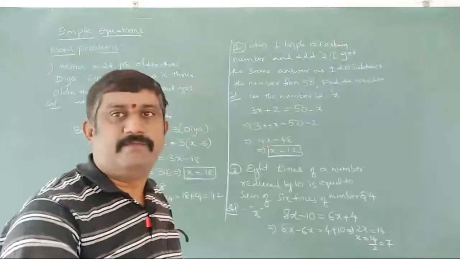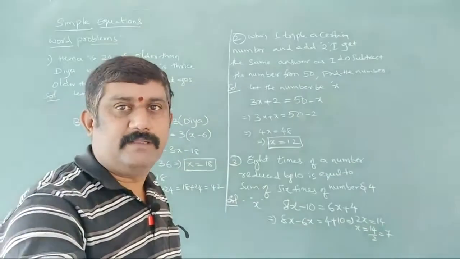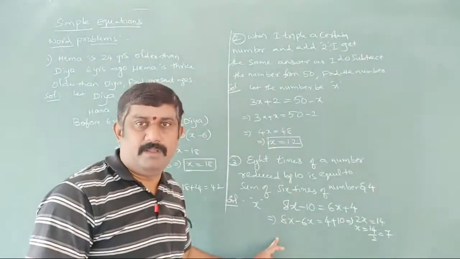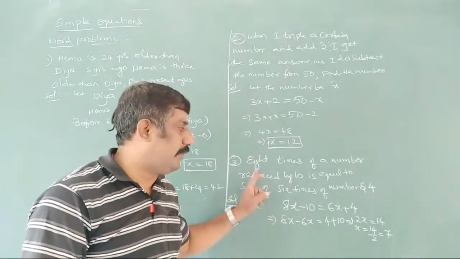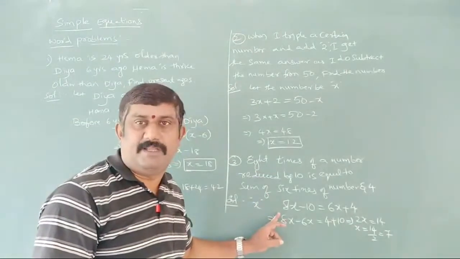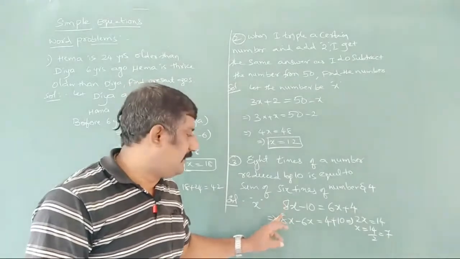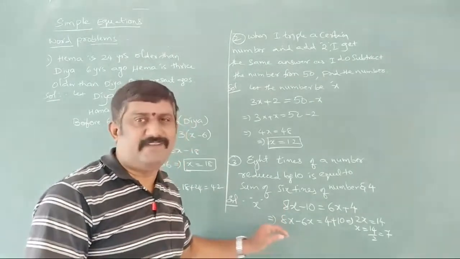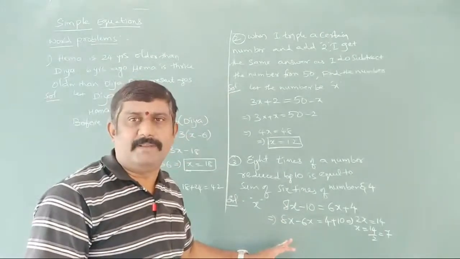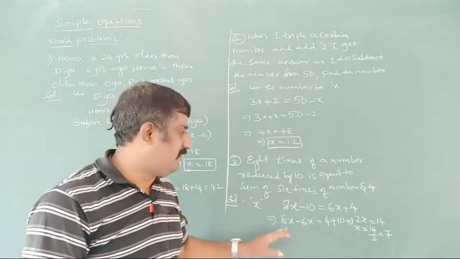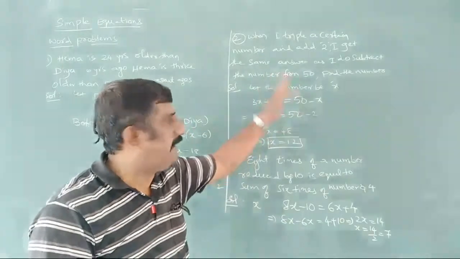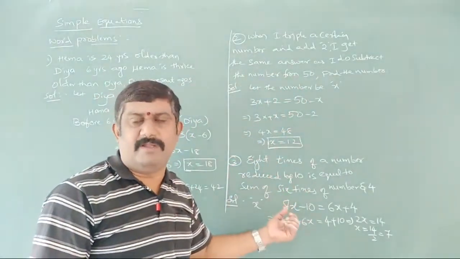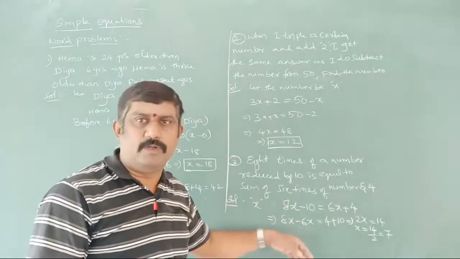X is going to be 14 by 2, nothing but 7. So this is our requirement. Like this we have to convert word problems into linear equations in one variable, nothing but simple equations. Then we get the answer we need. And of course we can do it very fast for competitive examinations, because we need not write all these simple equations, we simply need the answer. Because we have to do it in 1 minute, so we will do the problem directly.